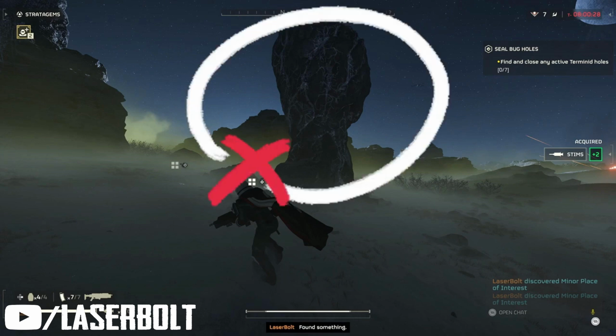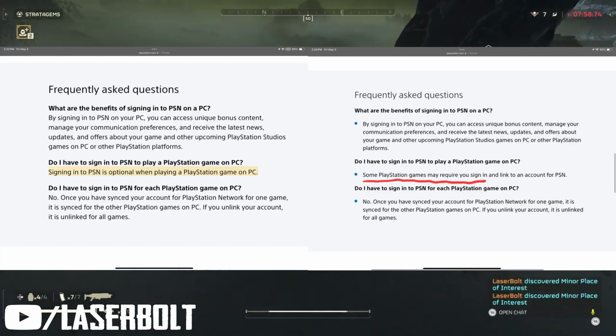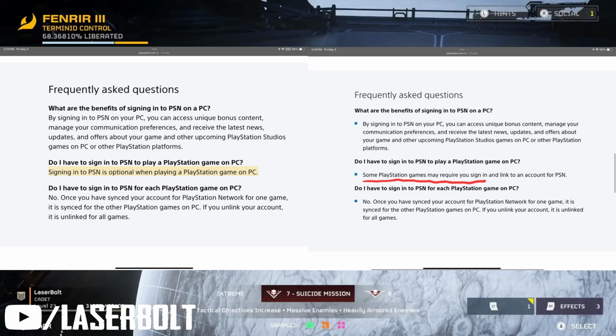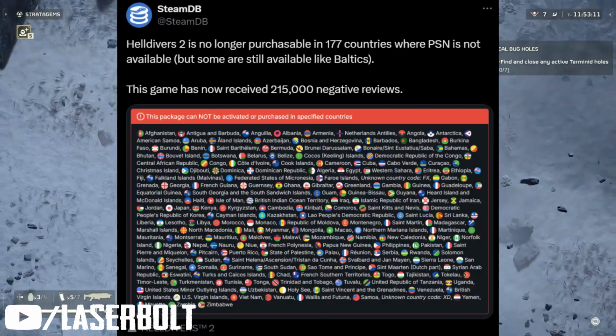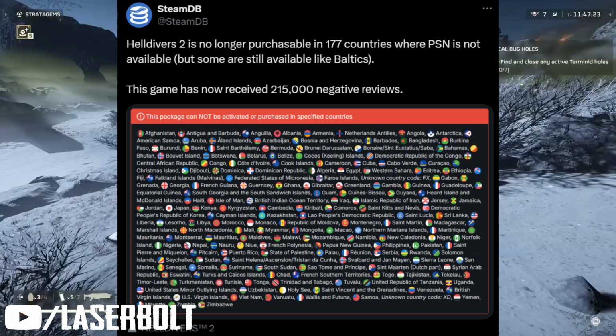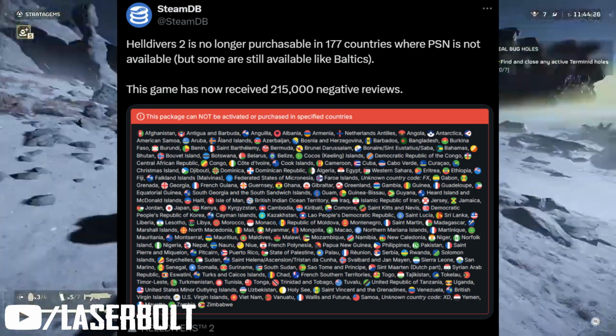Now, Sony got caught changing their PSN requirements to sign up. Helldivers 2 Media on Twitter was able to get a screenshot that caught Sony changing the requirements of you making an account, which is crazy. Why are they doing this? This seems very shady, guys, because why wait 3 months when you've already sold over 8 million copies? You've got all the money in the bank. Now you want to force people. And what makes it even worse, it has been removed from 177 countries where PSN is not available. So not only did they get the money from those people,